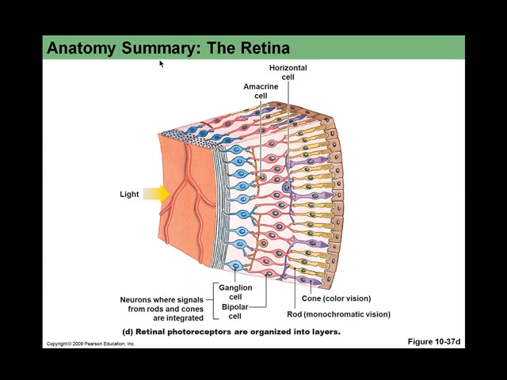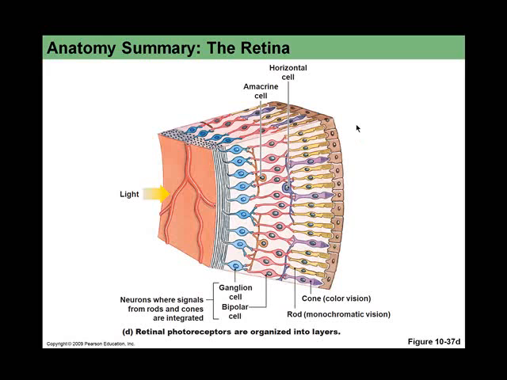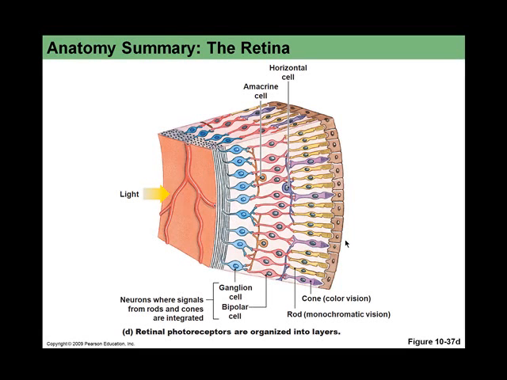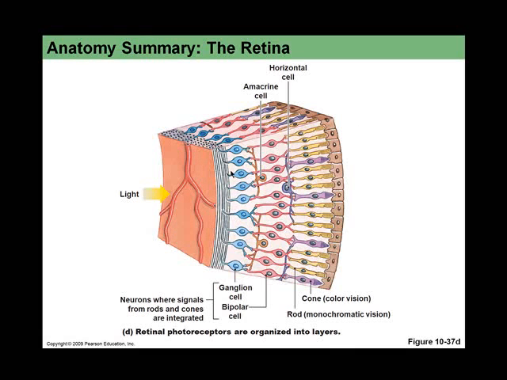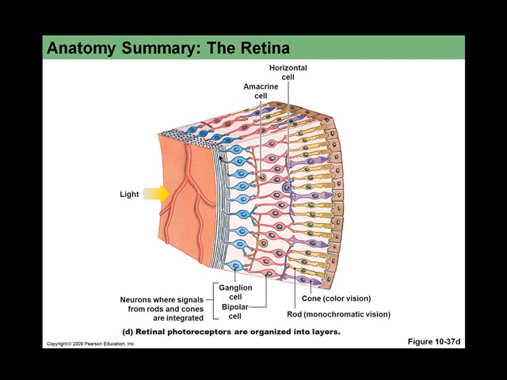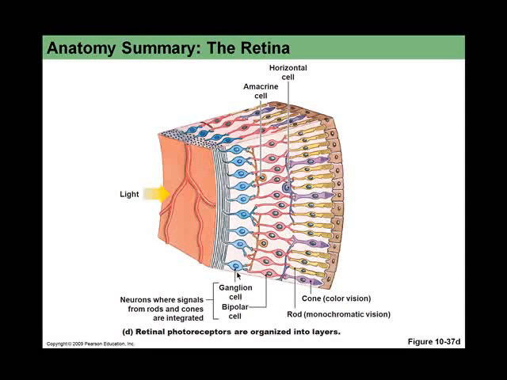Okay, then the summary of the anatomy of the retina is shown in this slide. So to the left is where the light will first hit, and that would be the aqueous, the vitreous chamber with the vitreous humor in it. So this is toward the center of the orbit, and then the periphery of the orbit would be to the right. So after the vascular layer, the first layer of the retina we would see is the optic nerve layer, if you will, or the layer containing the central processes of the